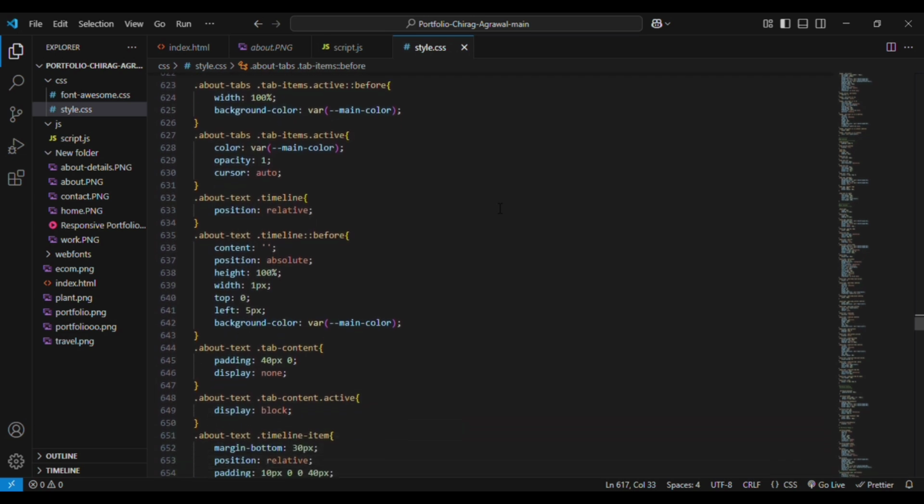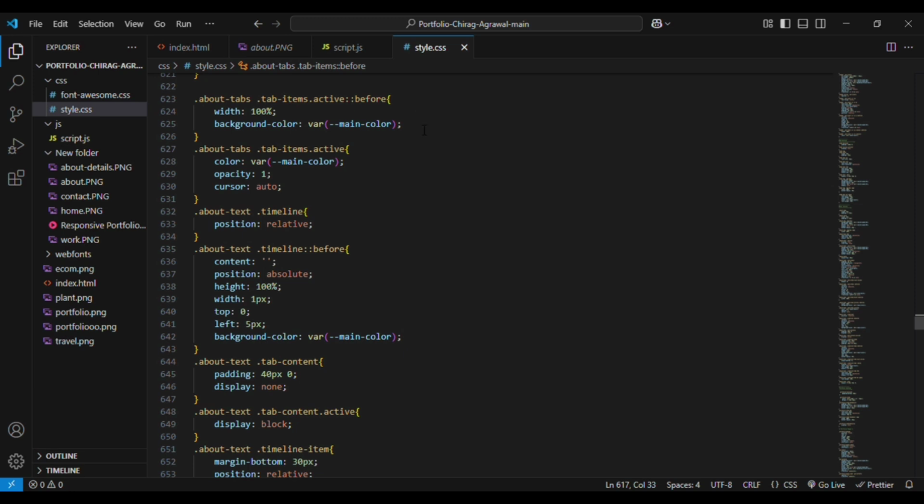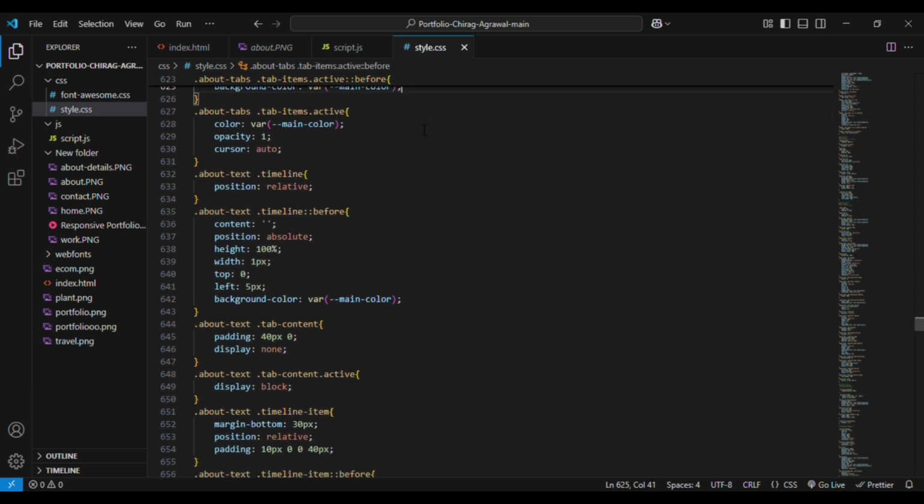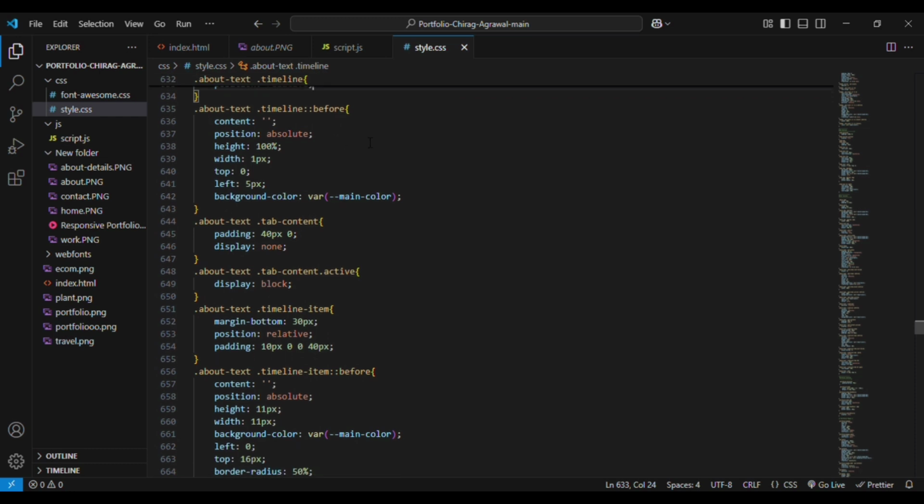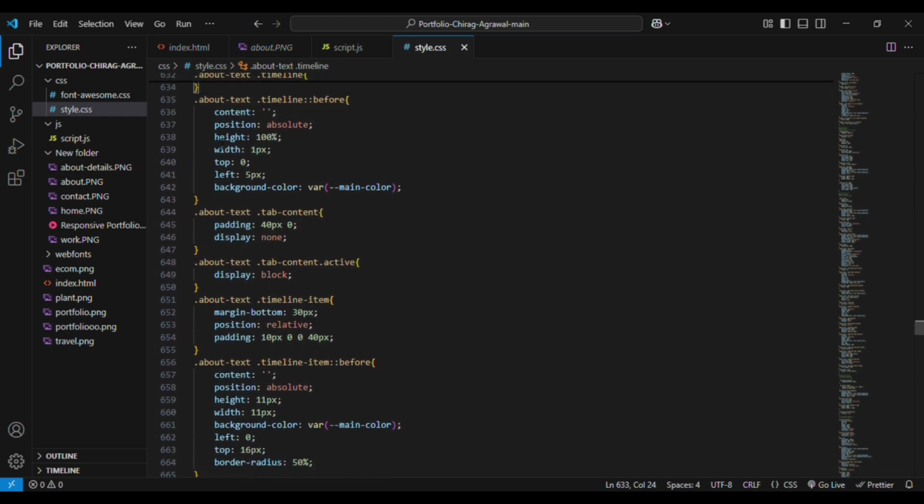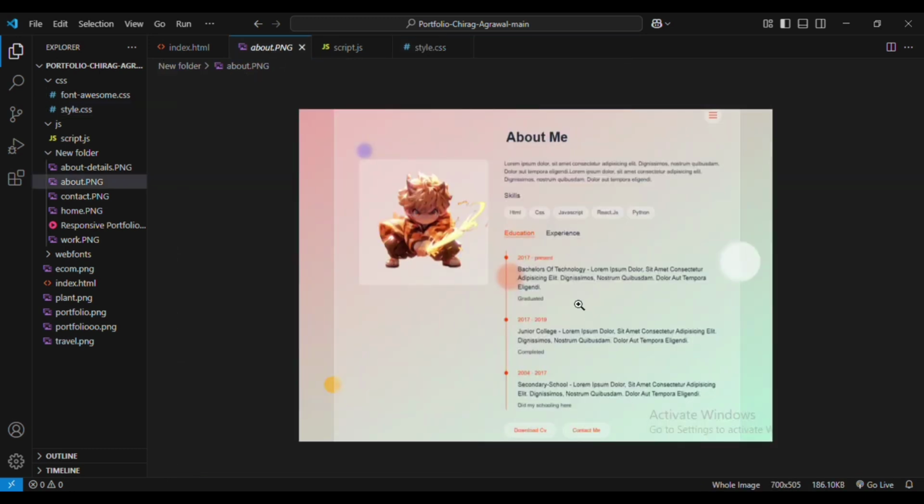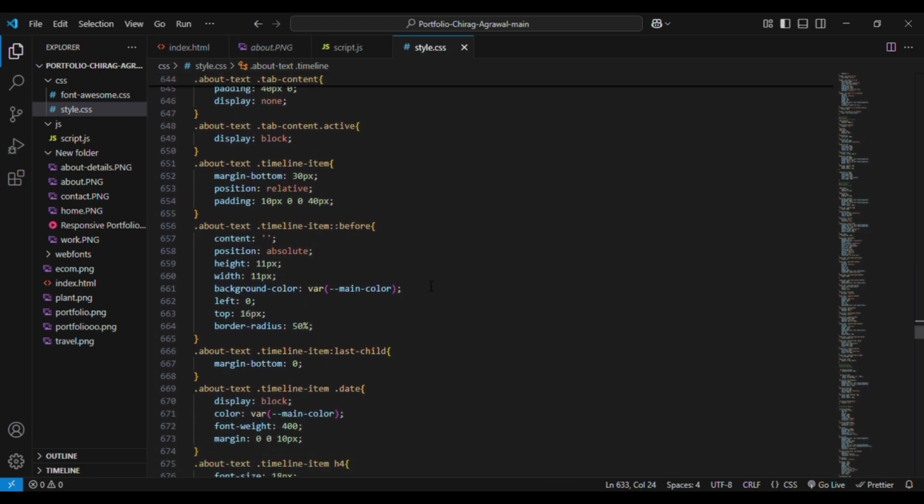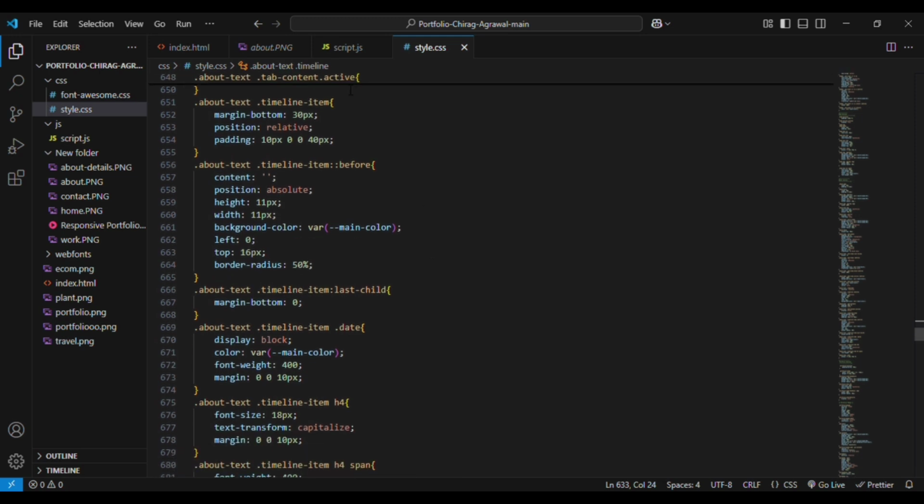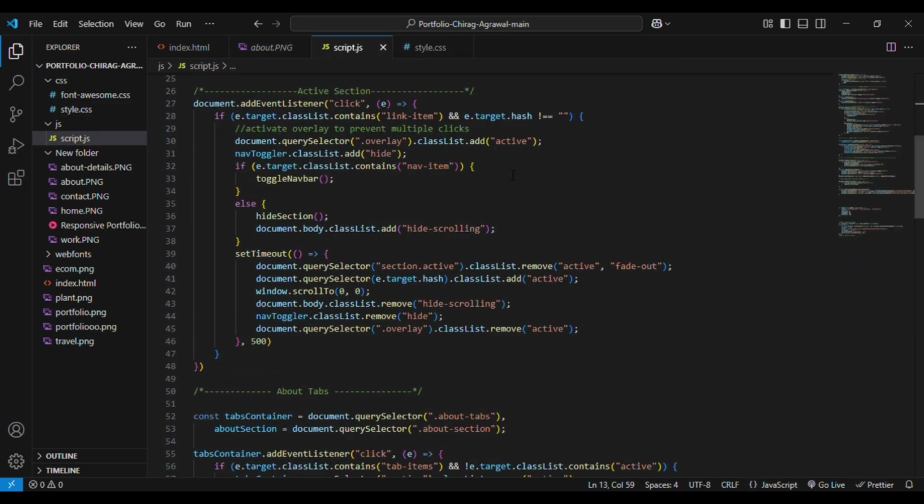The background color will change. This is the active element that we have added. Then we have the tab item active, that is nothing but the color and opacity given to it. Then for the timeline, for each timeline we are giving position relative, and for each timeline before we are creating an absolute element by using separate width, height and positioning. We are creating these, you can see these buttons. Then tab content, padding is 40 pixels, display none. When tab content is active, display block. So whenever you can see here, the active section,